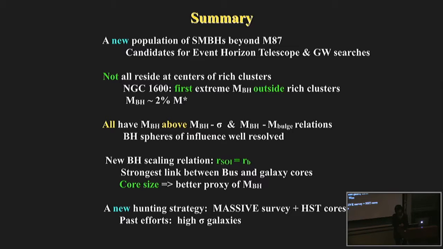Yeah, so far what we see is the core radius. That seems to really be the tightest. And you saw with the bulge mass, it doesn't seem to correlate so well either. I think the sample is too small to look for other correlations. It doesn't seem to correlate with color or gradients or anything so far. Yeah, I think finding more will help us find other axes to correlate with.